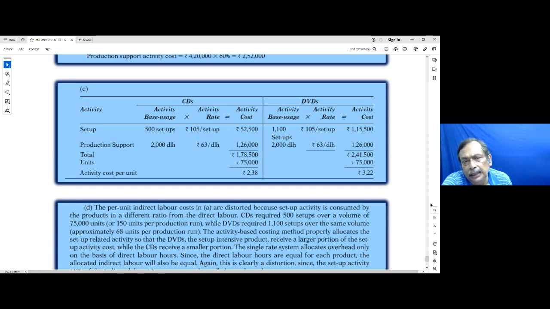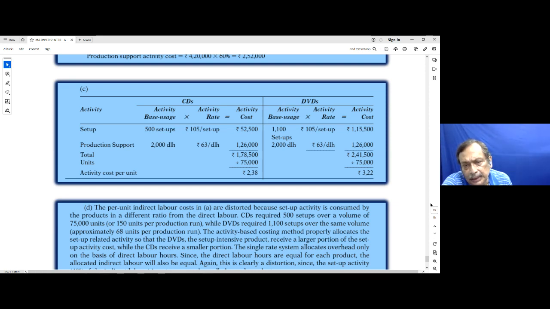For setups, there are 500 setups. We have already jotted down the calculation, that is 105 per setup. It comes to 52,500. Production support, 2,000 direct labor hours at the rate of 63, comes to 1,26,000. Total is